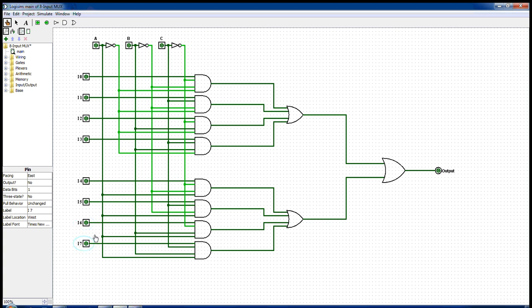unchanged. Now, when only C is 1, if we change I1 to 1, we see that the output changes to 1, and if we pass I1 as 0, the output changes to 0. Again, if we change the values of I0, I2, I3, I4, I5, I6 and I7, we notice that the output